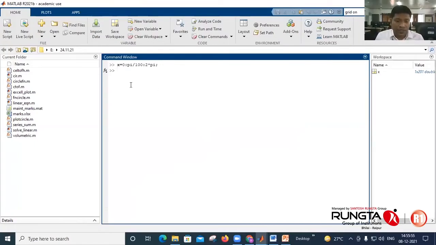Then you can define y1, y2, y3, y4 as required. Say I'm defining y1, it is cos of x into 2.